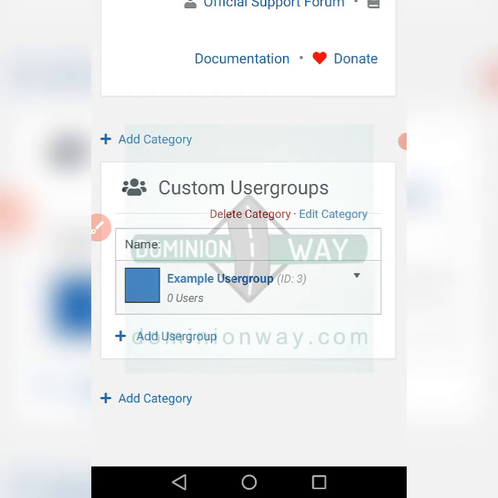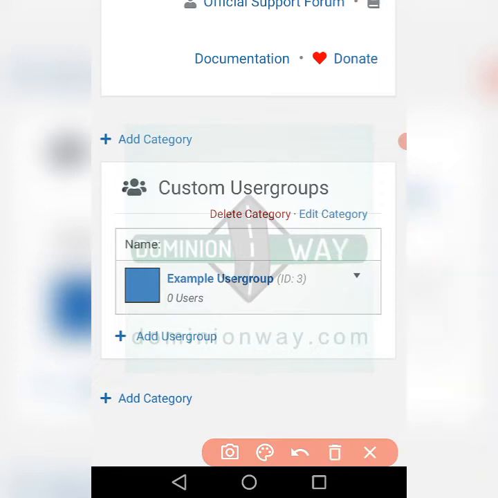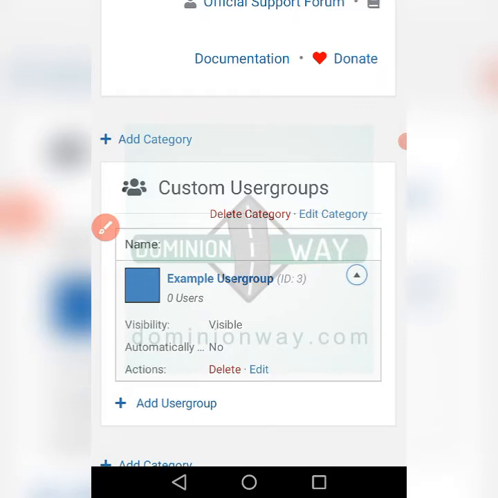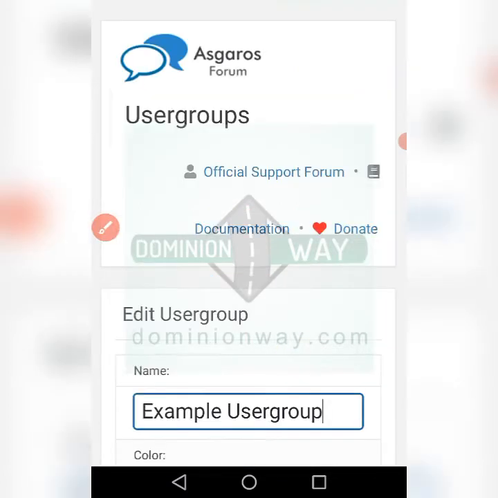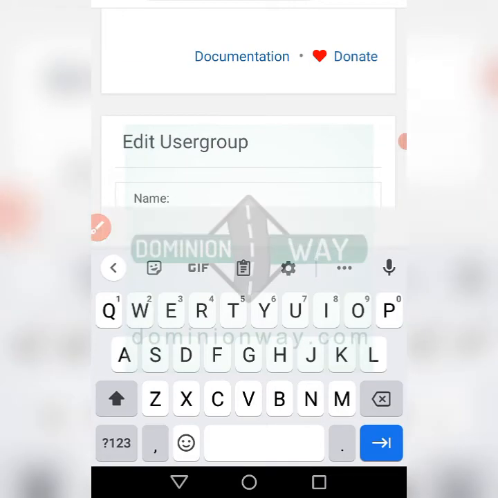So to edit example user group, what we need to do is just to click on this icon. That was the icon also we clicked on to expand the forum more details. Click on the icon. Can you see that? So you can either delete or edit that category. So if we click on edit, let's see what happens. Can you see this? As we click on edit,